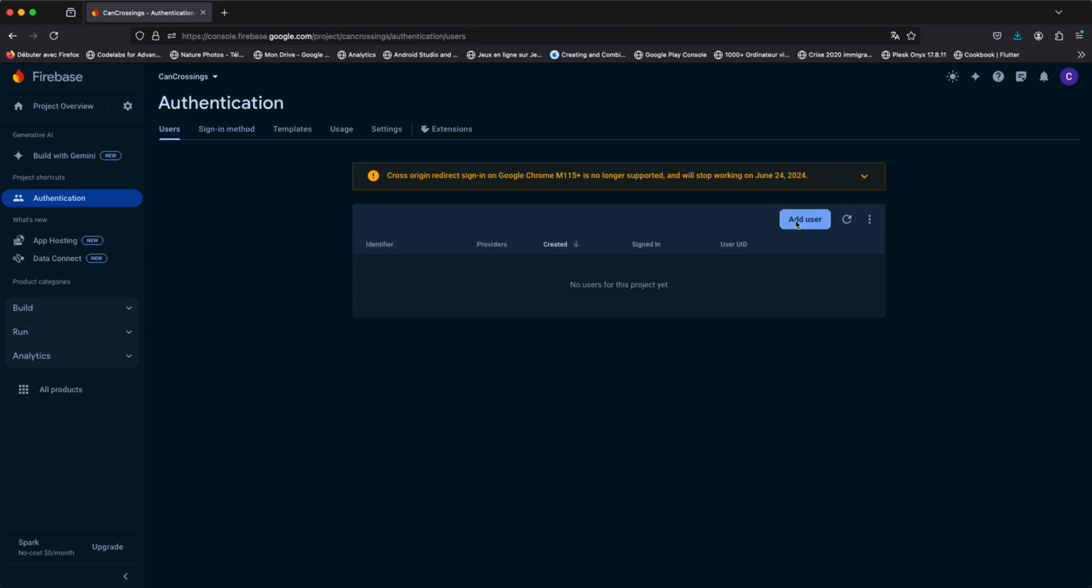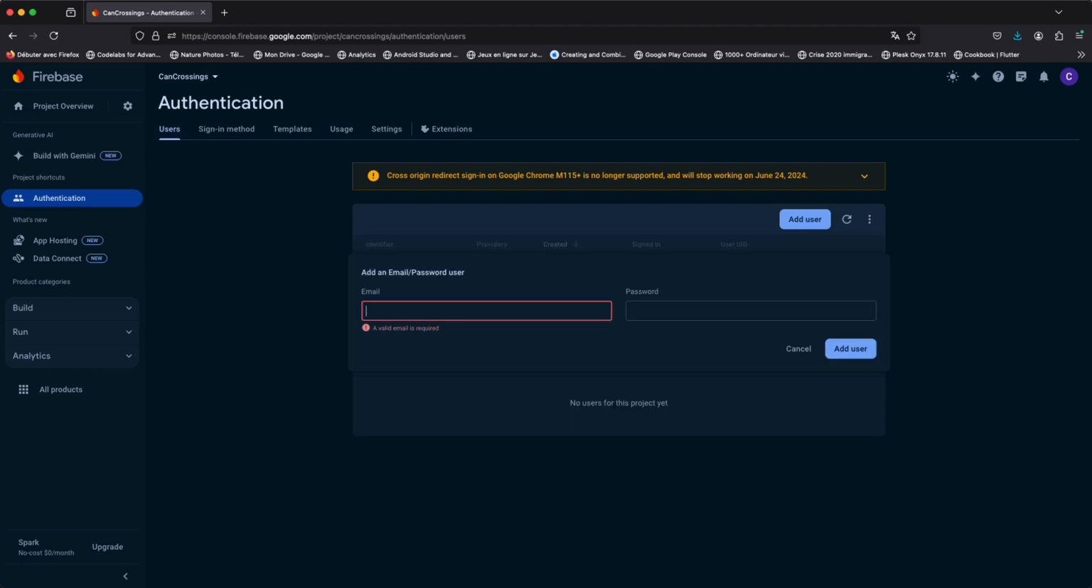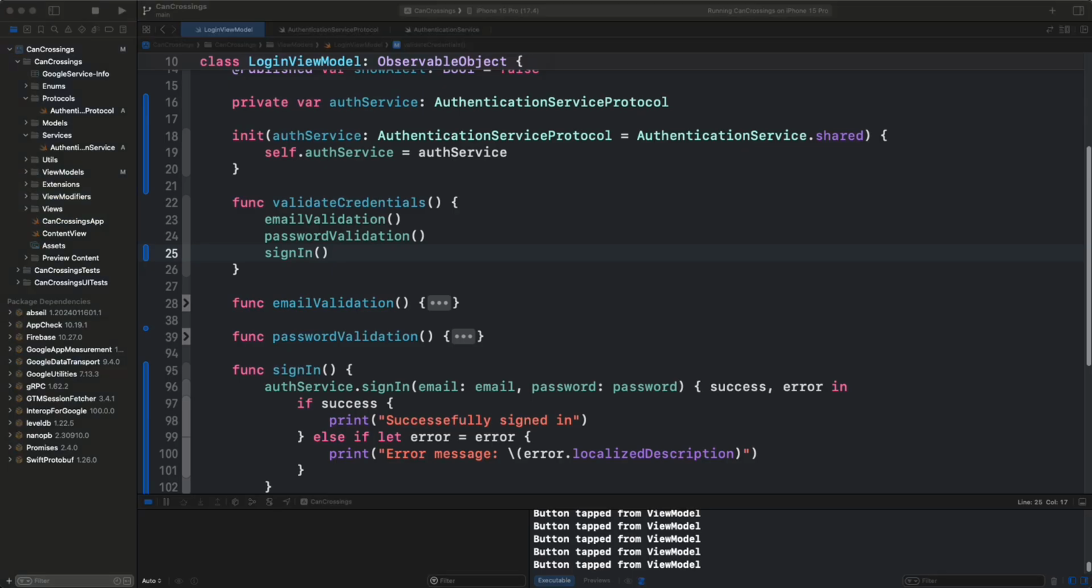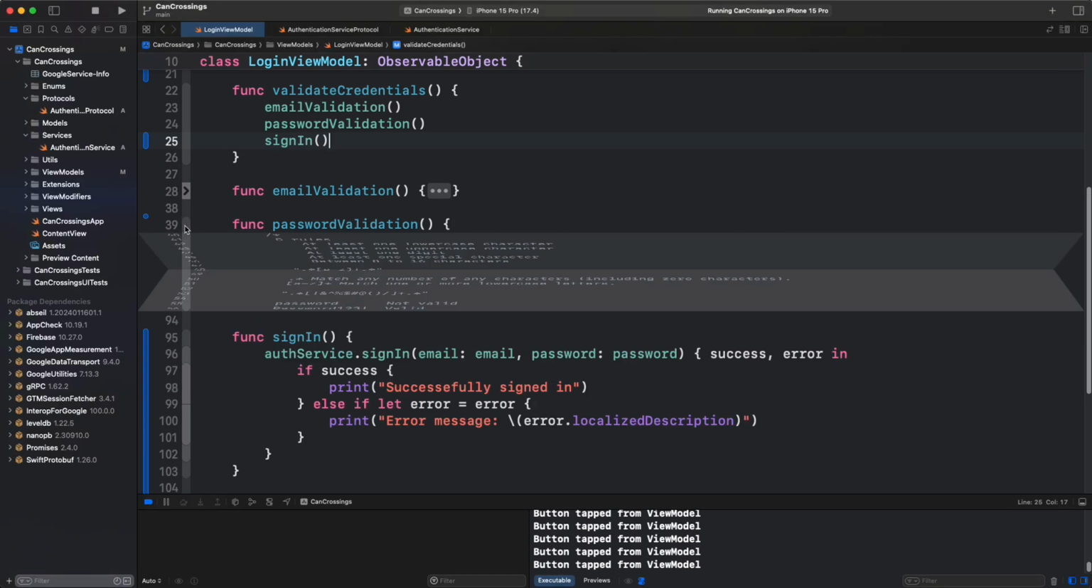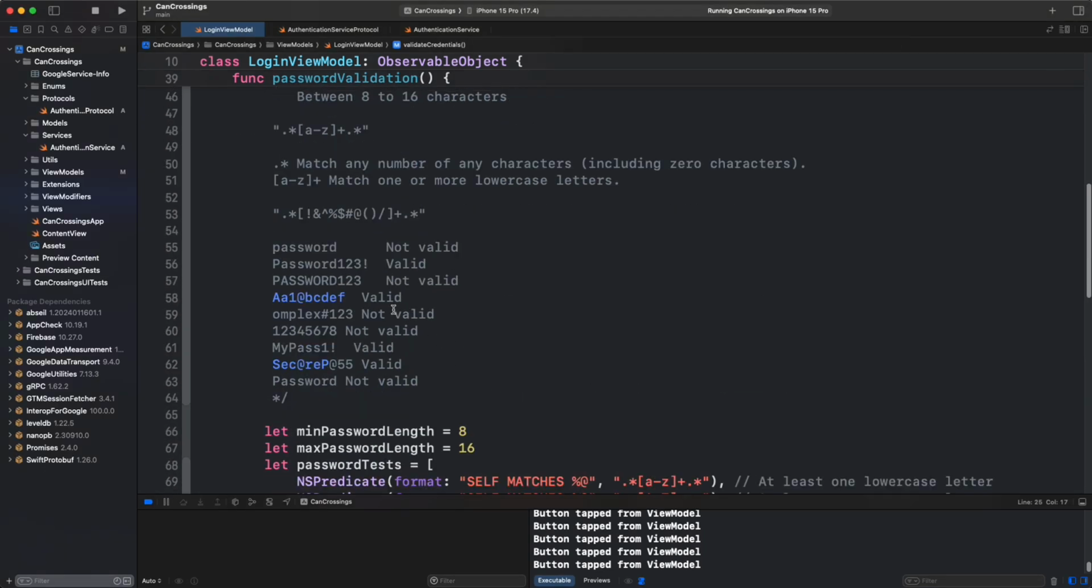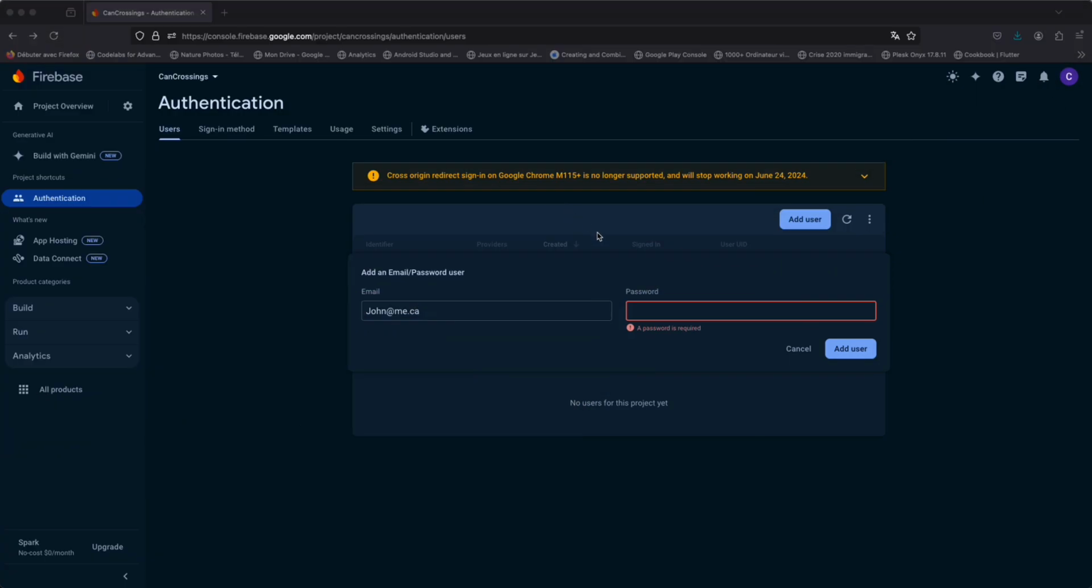So we can add a user, and here for our email we can call it john@me.ca, and for the password, we can go back to our code and simply copy one of our passwords. So here on this password validation, we can copy this password, which is a valid password. So if we copy this and put it here,